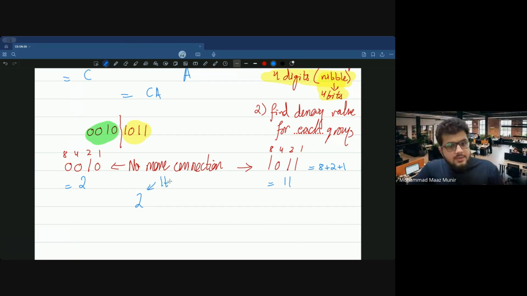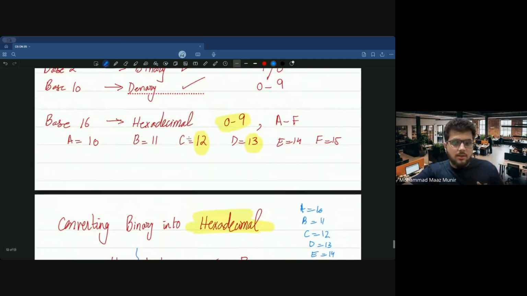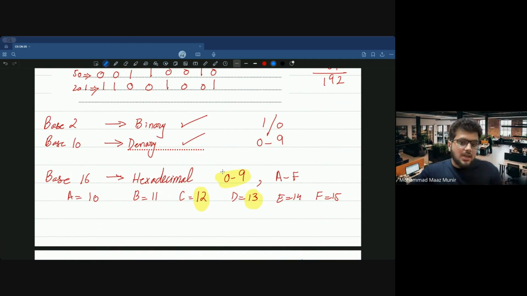Computer can write it as a single digit, and also we can write it as a single digit because we talked above that a hexadecimal can include numbers from 0 to 9, which are basically single digits. And if you get a value greater than single digits, where we have it till 10, 11,